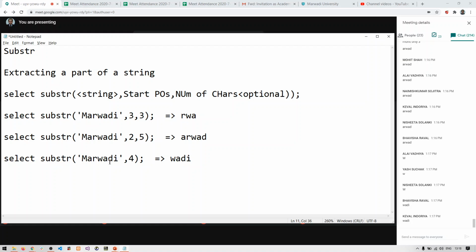So the answer will start from the fourth character, that is W, and extract all the characters till the end of the string. So the answer will be WADI. Clear with this, everyone? This is substring.